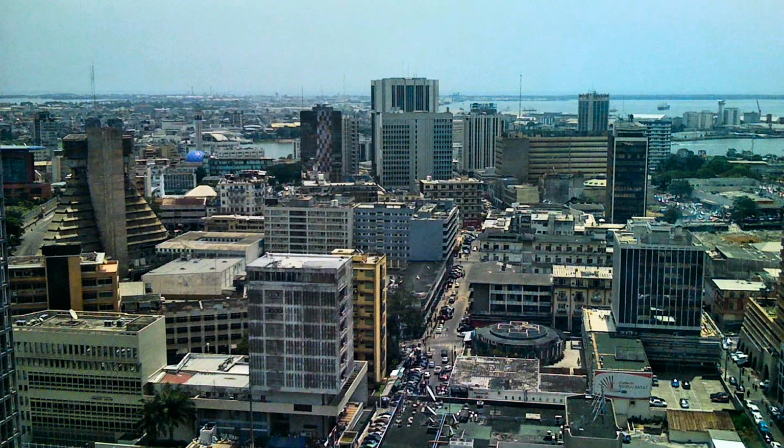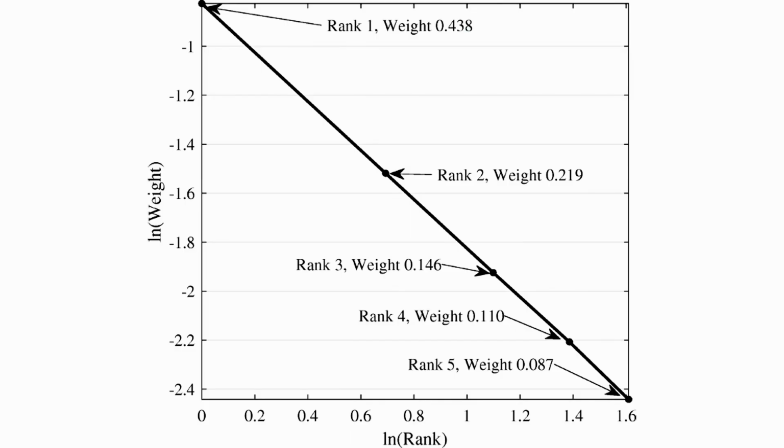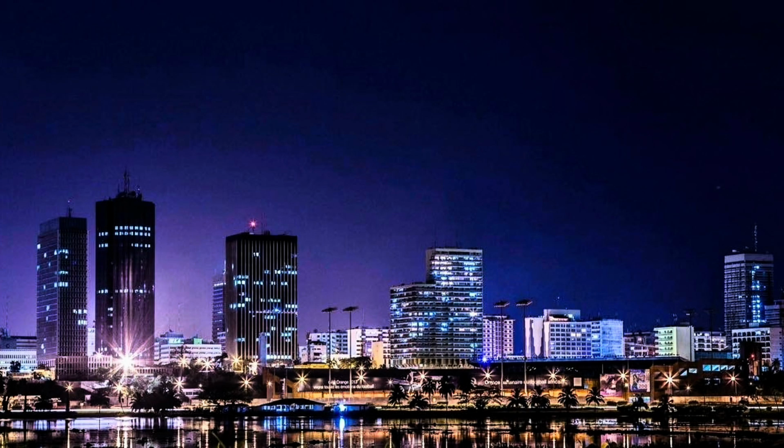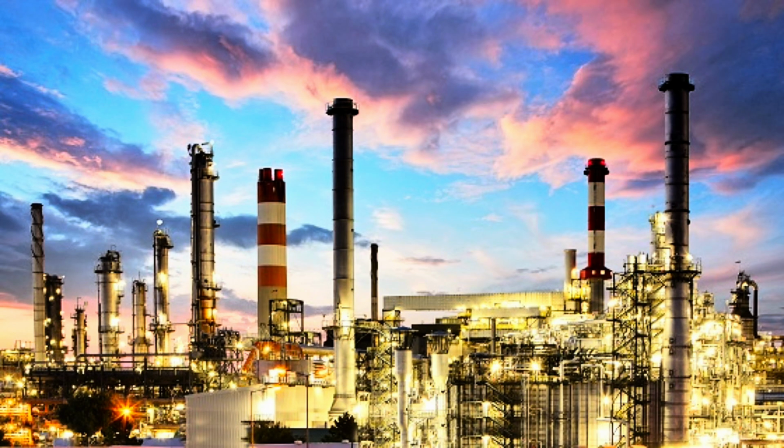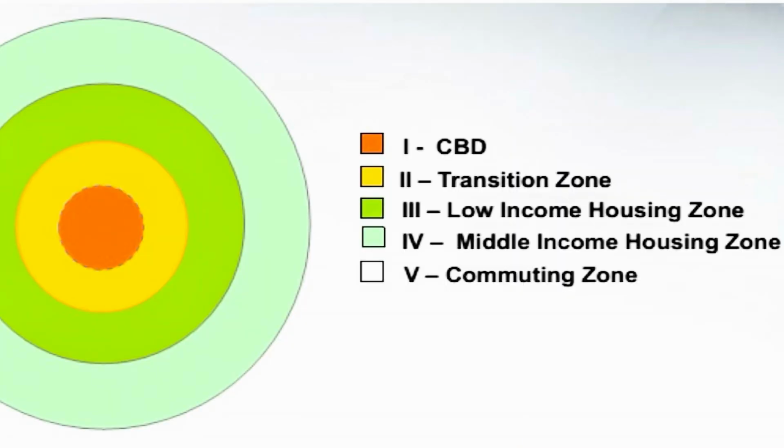Now moving on to our final unit, Unit 7, where we will traverse through the cities and urban land use of our country. Our country follows the rank size rule, as each city's population decreases by about half as the cities get smaller. The largest city in the Ivory Coast is Abidjan, which is the economic capital of the Ivory Coast. The commercial and industrial zones are located on the coast, in which the urban model that best fits this is the concentric zone model.